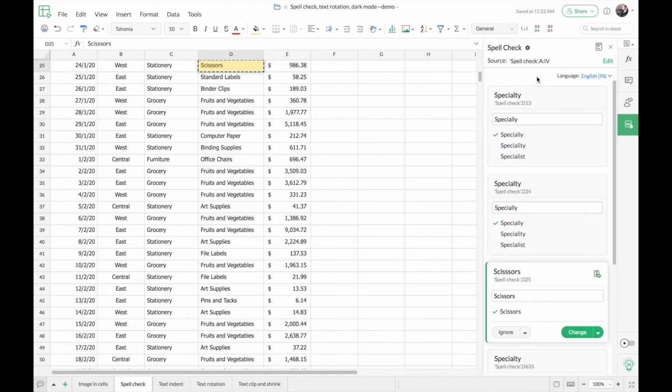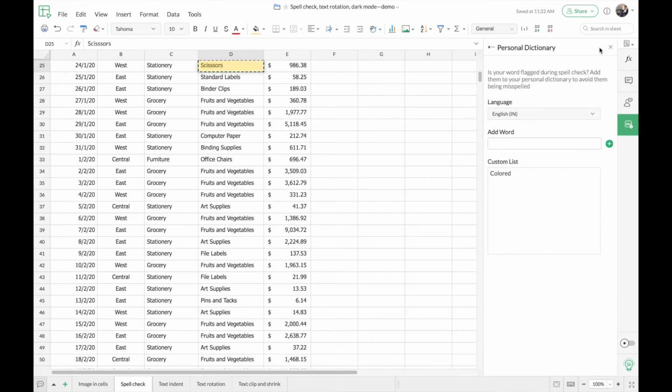So now we had added one term to the personal dictionary, and if I want to add some more terms, or if I want to take a look at what terms I have in my personal dictionary and make changes to them, you can simply go to this particular option, that is personal dictionary, in the top right corner of the side panel. And here you will find all the terms that you have added to your personal dictionary contextual to the language that you have chosen. So if you want to add any other word, you can add it here, or if you want to delete any term from the list that you have in your personal dictionary, you can do that as well.